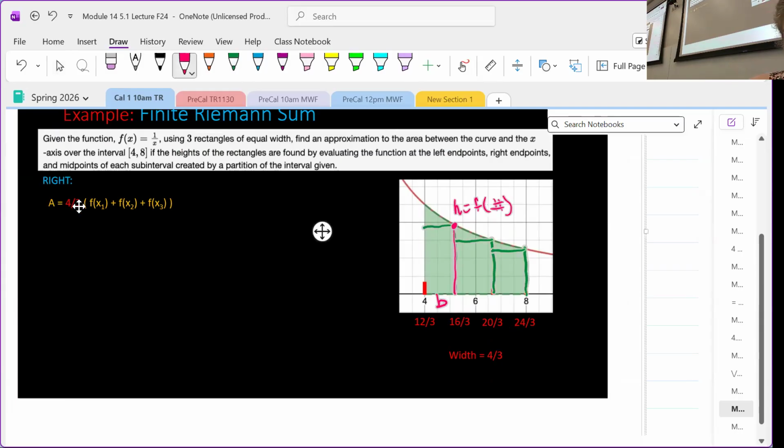So 4/3 is the width of each of these rectangles because we deliberately made them the same width. We're doing that on purpose because later on we can vary that width. We're going to make it skinnier and skinnier. So we're keeping the width equal on purpose. So now we just have to do the function values for the heights. And since we're using right endpoints,